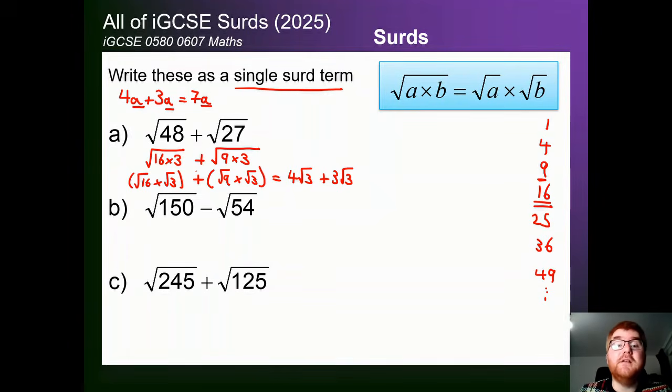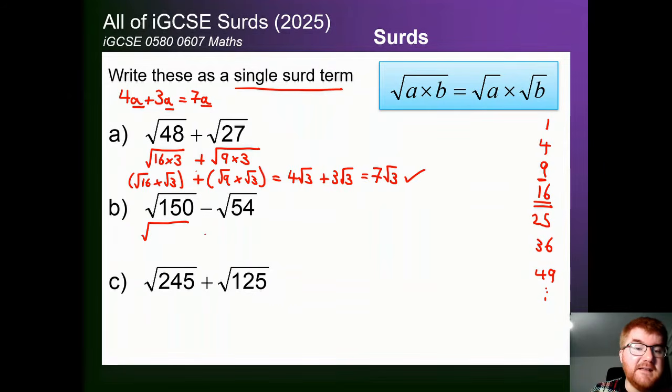4 root 3 plus 3 root 3 is equal to 7 root 3, which is our final answer here. So there's a few different things going on. We're building on what we've done in the previous slide. Subtraction works in exactly the same way. So again, the first thing we want to do is split each of these